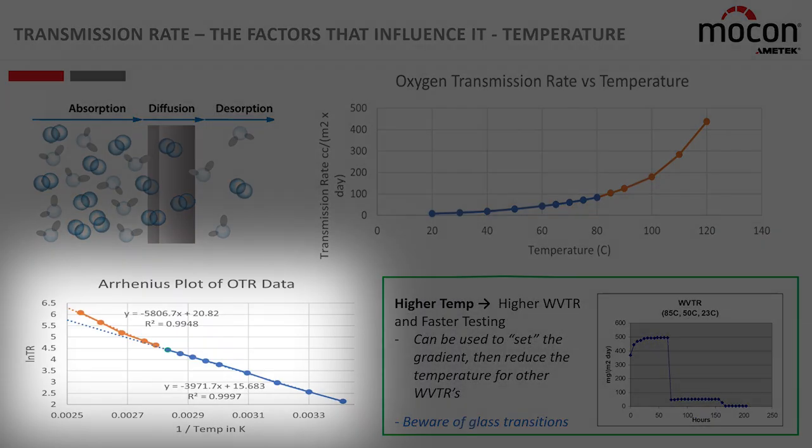So in the lower left, we've taken that data of temperature versus transmission rate, but we processed it a little differently. For the x-axis, we've got 1 over the temperature in degrees Kelvin, so we've got the absolute temperature there. And for the transmission rate, we took the natural log of the transmission rate. What's kind of neat is that we see a straight line. At least the blue area is very straight, with very high correlation, which is really nice. In the orange area, that's still straight too, but you can see a little deflection point